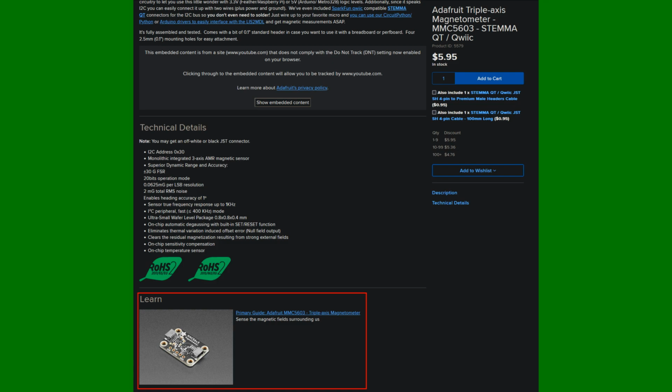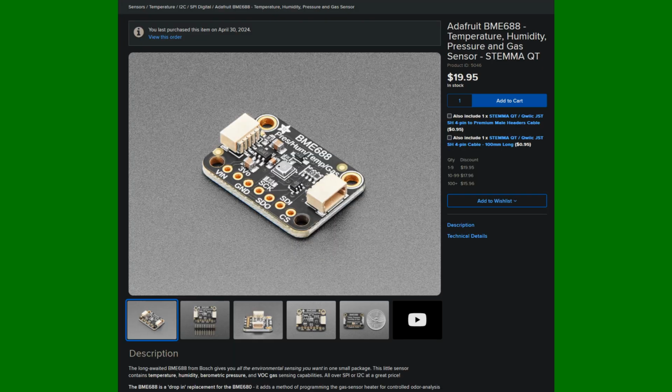So definitely recommend going through the Adafruit website, taking a look at everything, comparing it to the DF Robot sensor that you already have on your proposal. See what makes the most sense. And then you also had a gas sensor on there, and I put another recommendation on here.